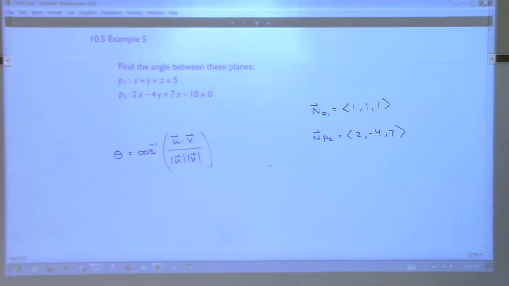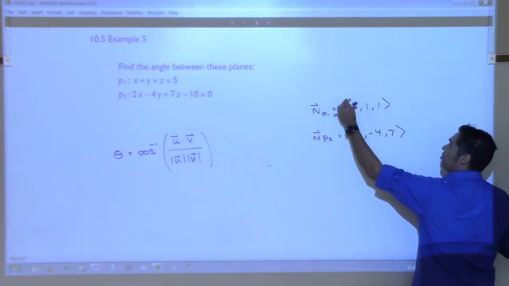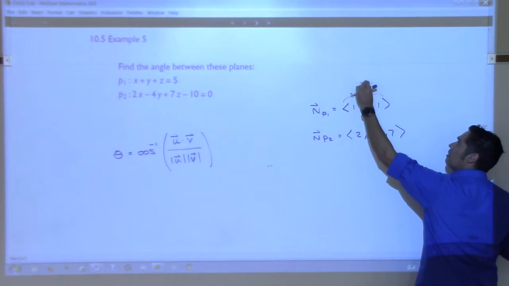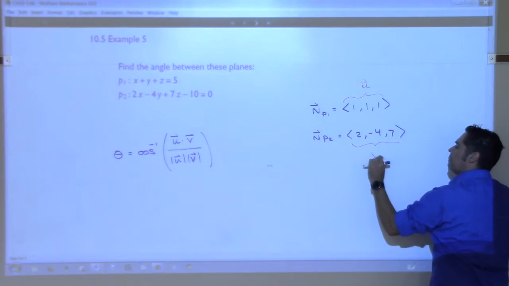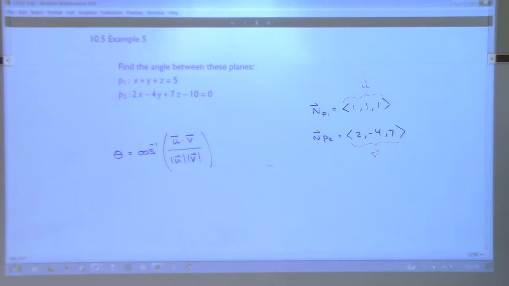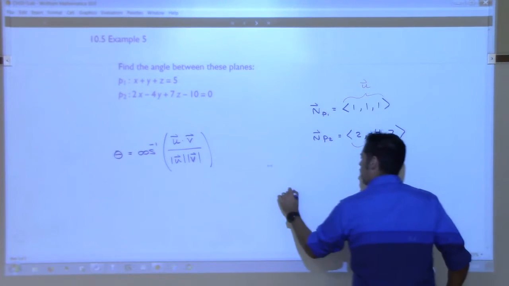So for us, we want the angle between these two. Even though I'm not going to write it down, we're going to treat this vector kind of like the u, and we'll treat this vector kind of like the v in the formula. All right? So let's try and get this. Theta is,